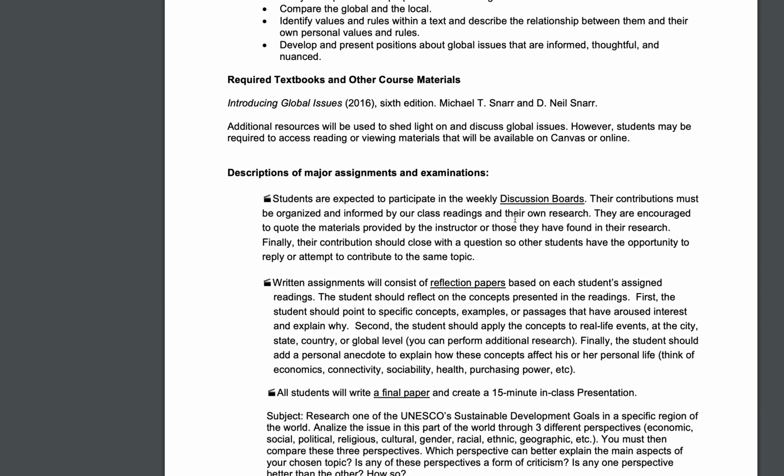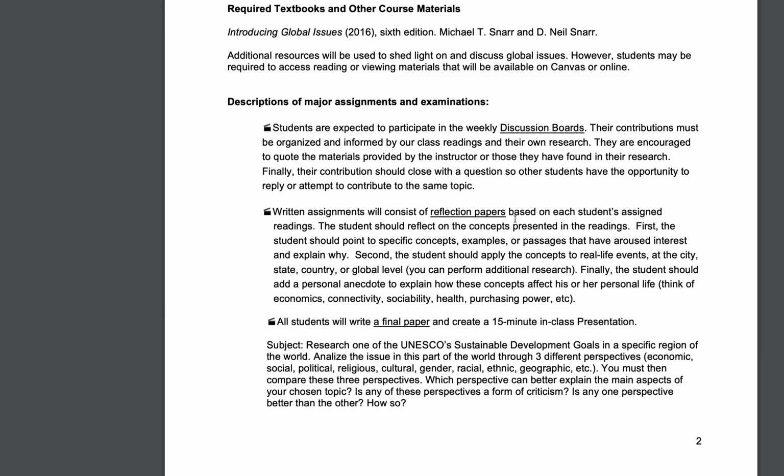The required textbook for the class, we have one textbook, okay, that you can find on Amazon, and that is Introducing Global Issues, 6th edition by Michael and Neil Snar. This is a book that is, I think, around $35 or so, okay. We did not order it from the bookstore, so you won't find it at the bookstore. So you will need to purchase this textbook